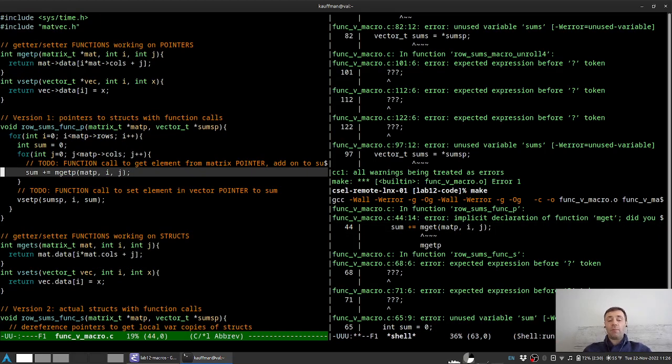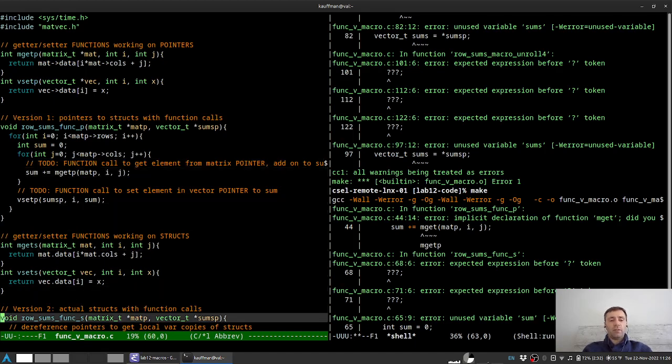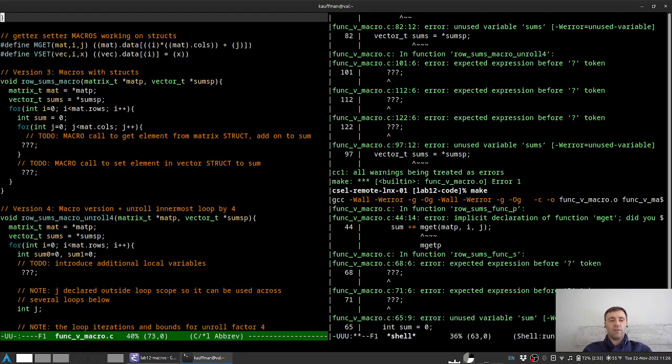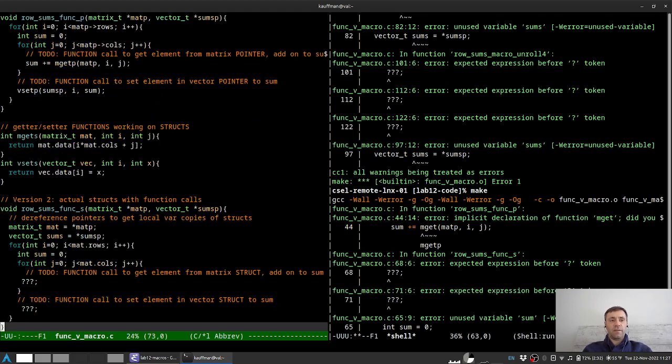I could try to comment a bunch of things out and then test the code. That would be a good software engineering practice, but most of these to-do items are pretty straightforward. Now down yonder is a very similar version. I'm going to see if I can get this stuff here to be on screen along with the other stuff. Okay, so in between this row sums func P version, the P is short for pointer, there are a